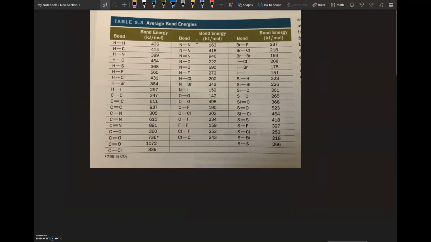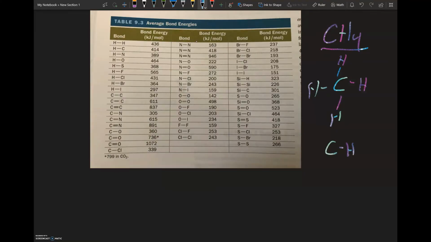So a good example would be, let's say we have CH4. If we wanted to figure out how much energy this molecule possessed, the first thing we would do is draw the Lewis structure. And the Lewis structure is very simple. It would just be a carbon with 4 hydrogens drawn around it. Now, if you look at this structure, you have a carbon-hydrogen bond, and that is the only type of bond